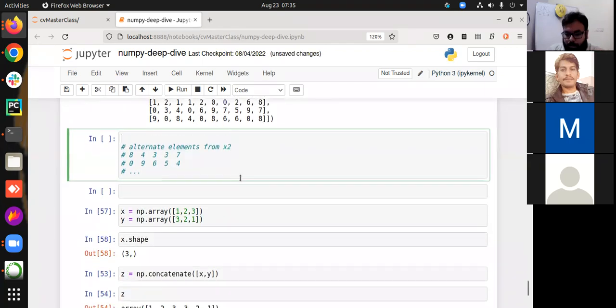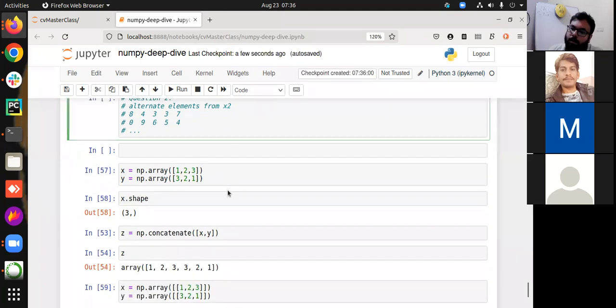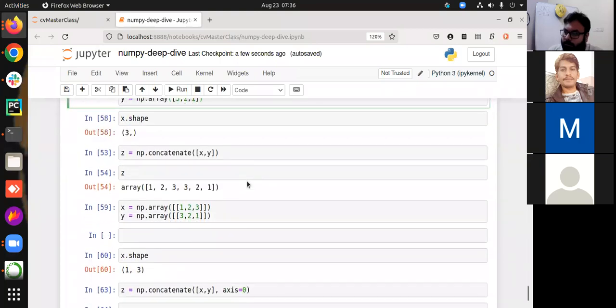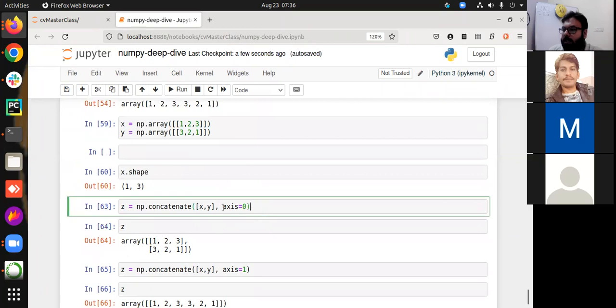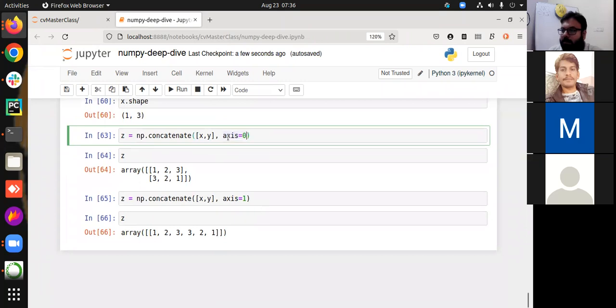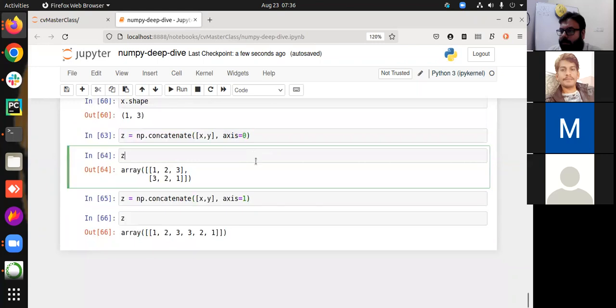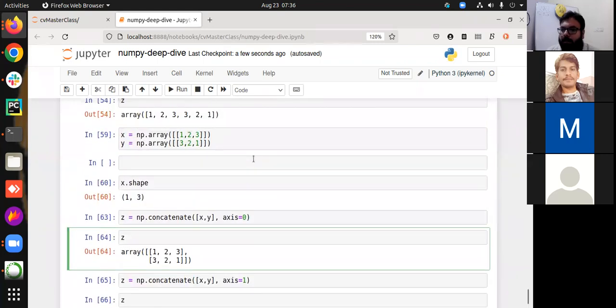This is actually question two, right? And then we have discussed concatenation, and then we were into understanding this thing called axis. Okay, so today we will be focusing on understanding this axis, and we will use concatenation to understand it deeply. Okay, so all the examples are a bit old, and then